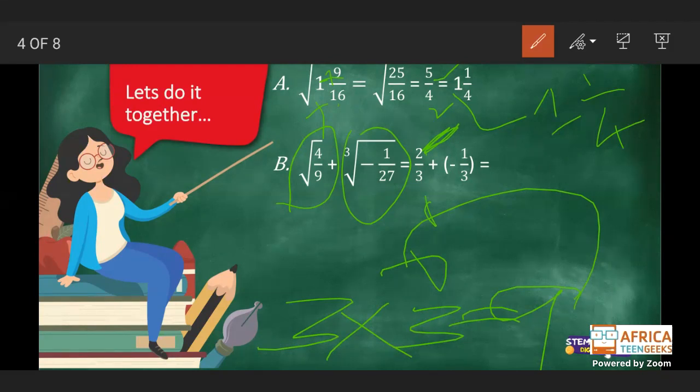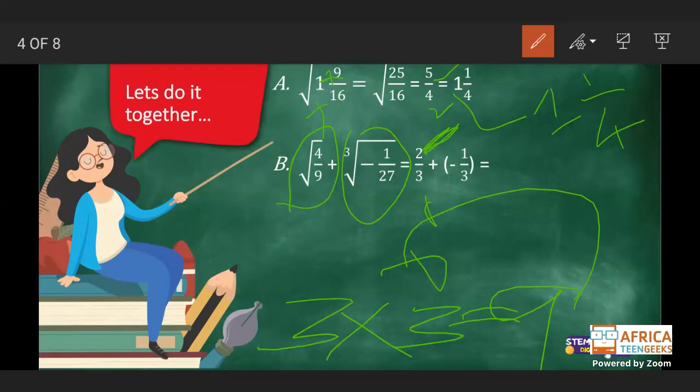Our addition sign. So we need to add the fractions when we are done, right? Okay. So the next one, we have our square root. Inside our square root, we have negative 1 over 27 to the power of 3, right? So when we do this one, guys,